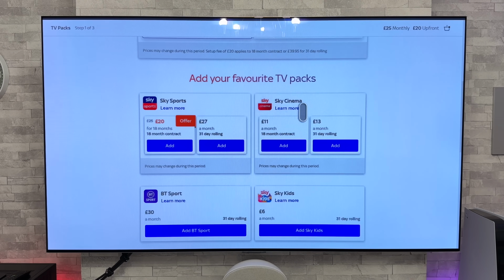Right, let's move on down then and take a look at the add-ons. So you can add on Sky Sports. I know, very popular this one. Now they're saying it's normally £25, but at the moment it's £20 on the 18-month contract or £27 on the 31-day rolling contract. Then we have Sky Cinema, that's £11 a month on the 18-month contract or £13 a month